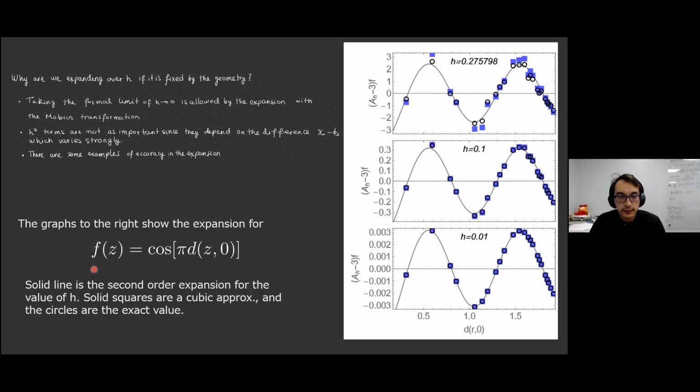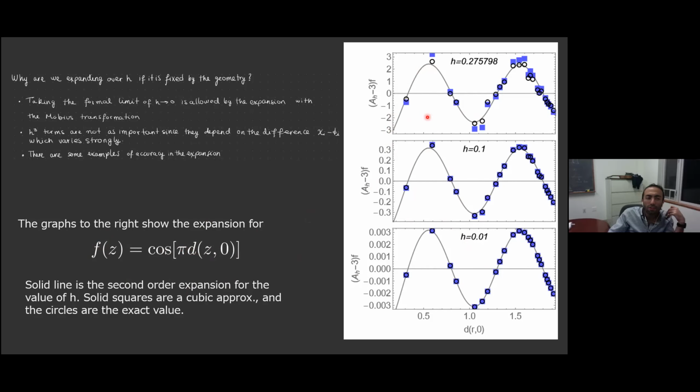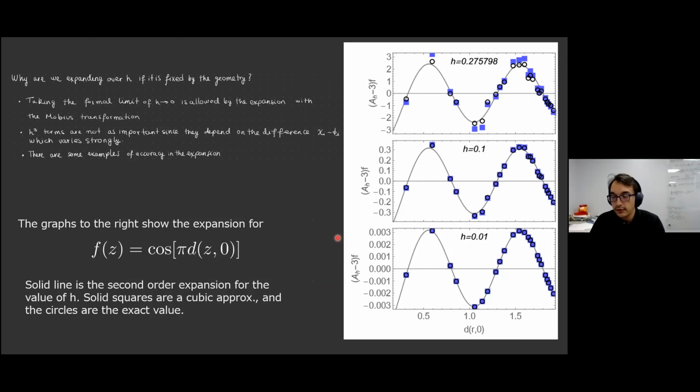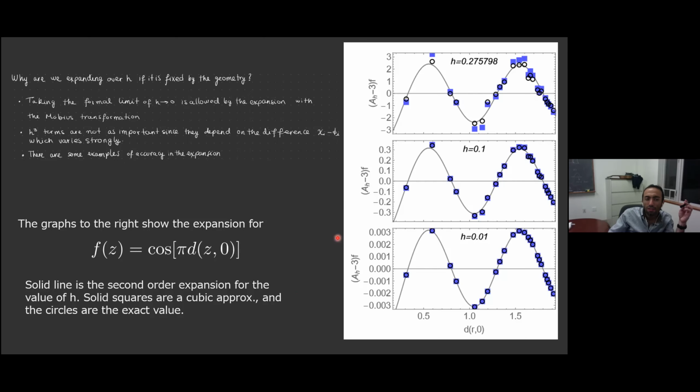So what we see here is that if we choose the function f to be the cosine of pi times the distance to the origin, here they show the different values for the function. So sorry, Miguel, can you remind us what this function f is? Oh, it's an arbitrary function. So far, it's just an arbitrary function. Eventually, it would be like our creation and destruction operators when we translate this theory to the continuum. But so far, it's just an arbitrary function. Yeah. Okay. Sure.